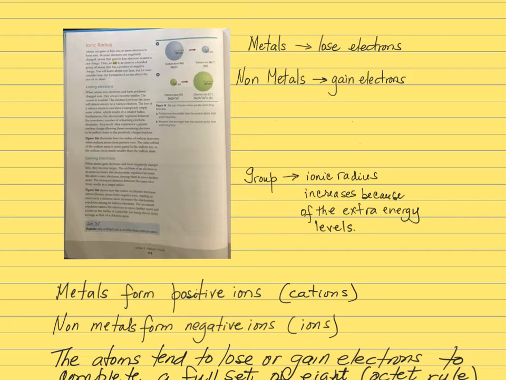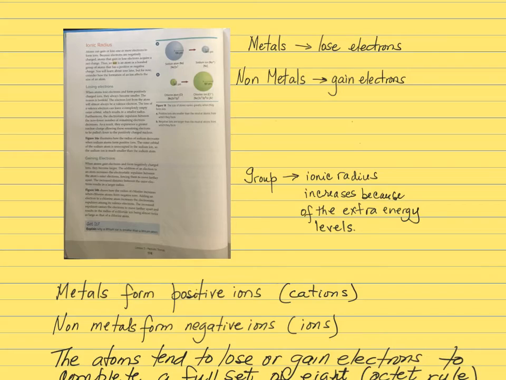Two things that you need to know before understanding all of this. The tendency of the metal is to lose electrons, and later I'm going to explain why, while the tendency of the nonmetal is to gain electrons. In order for the metals to reach chemical stability, they will be losing electrons, and for the nonmetals to reach chemical stability, they are going to gain electrons. Why do the nonmetals gain electrons while the metals lose electrons? Because they